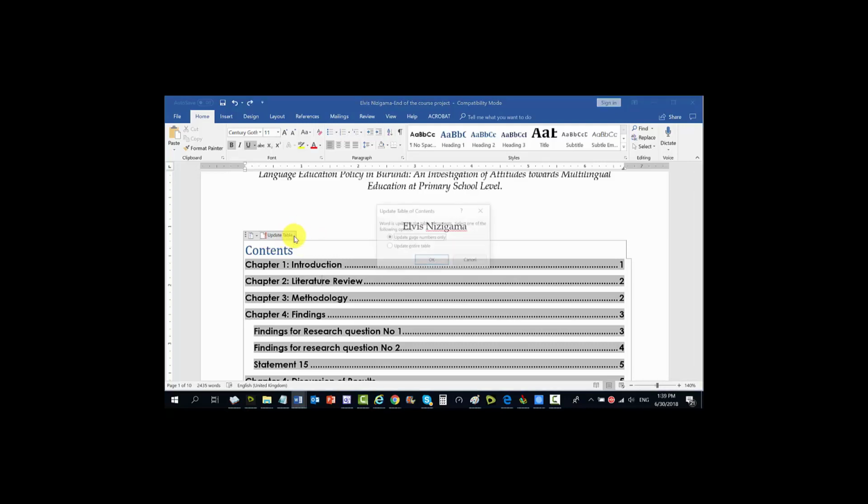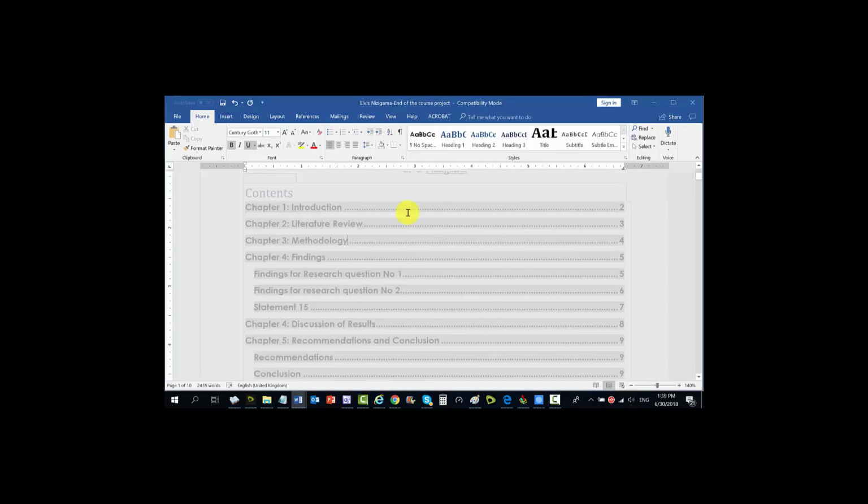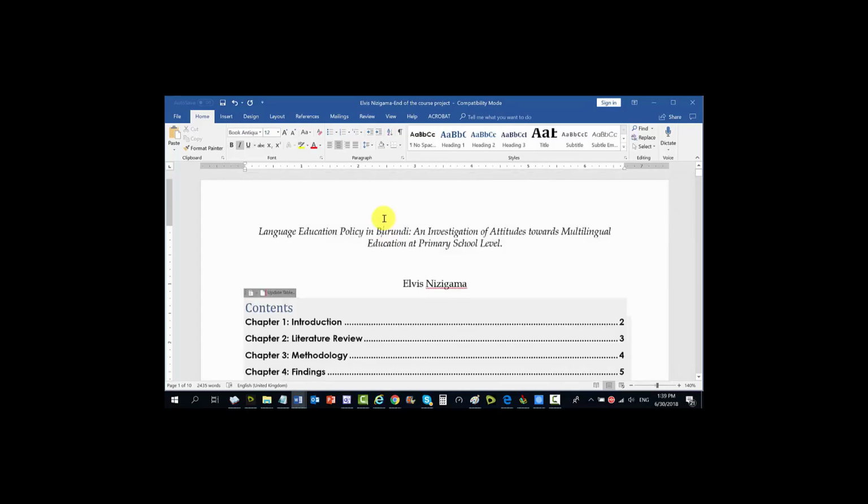Okay. Anyway, so click on here. It will ask you 2 questions. Word is updating the table of contents. Select one of the following options. It will give you 2 options: update page numbers only, or update entire table. Now, because we have not changed any subhead here, we just say update page numbers only. I'll say okay. So there you can see it has changed